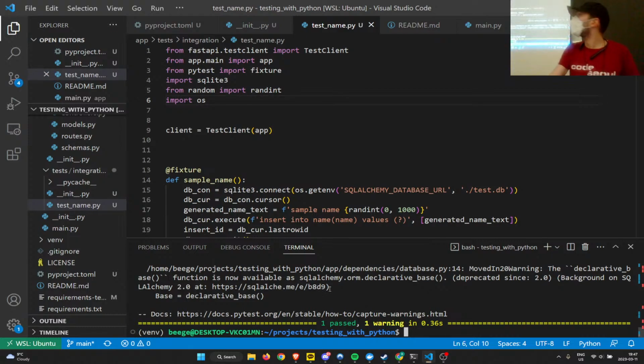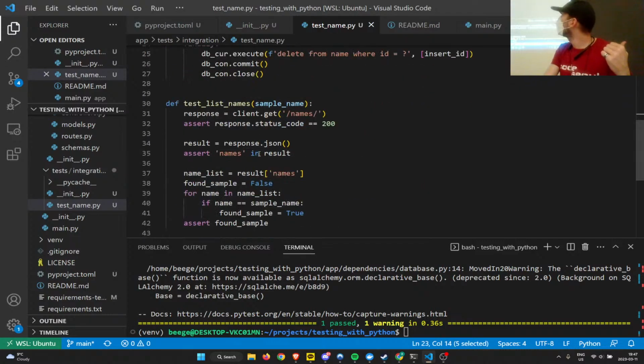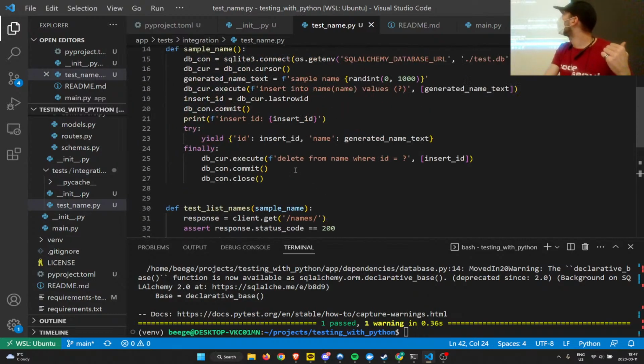Okay, so that passes. So again, what we do here is we generate the fake name and put it into the database. We output this to our testing function, okay? And then we yield control to the testing function. The testing function takes in that dictionary, runs all this, checks that the found name was in there, and then goes ahead and cleans it out and closes the database connection. So far, so good? Sorry, that was a little bit rocky. I should follow the plan that I set rather than try to be fancy.